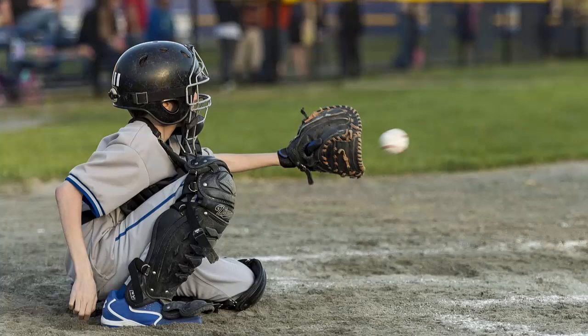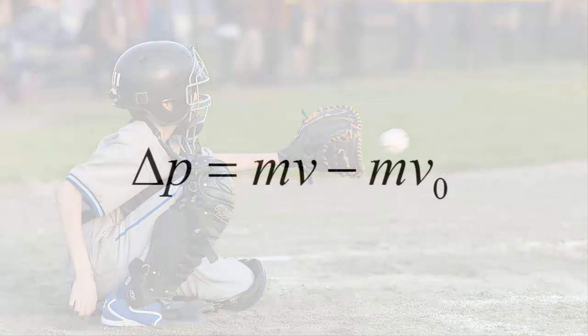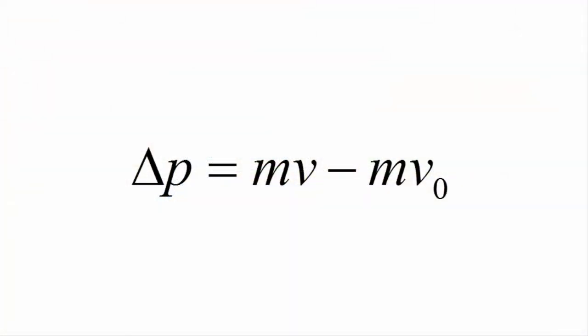In the video introducing momentum, we saw an example of a baseball catcher catching a fast-moving baseball. We saw how the momentum of the baseball can change if the catcher applies a force to stop it. As the baseball is slowed down by the catcher's mitt, its velocity is reduced and therefore its momentum is reduced. The change in momentum is the difference between the final momentum and the initial momentum, and can be written as